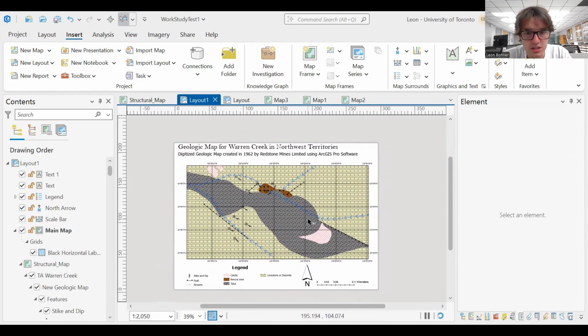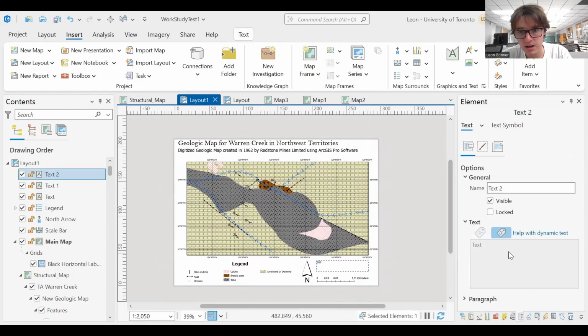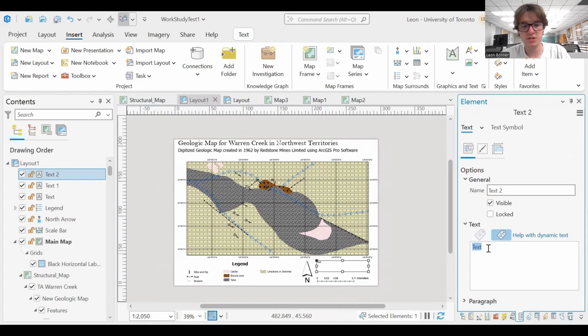And now the last thing to add is metadata. So you want to go here, add another piece of text, put it somewhere, make a nice little blob. And you want to add the information of who it was created by, date created, the data source, but for here there is no data source that you can cite or that I know of. And then you also want to say the spatial